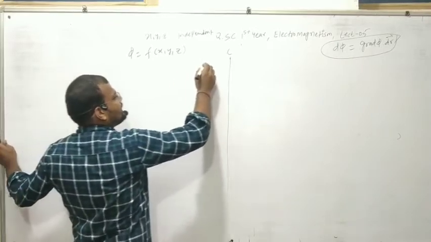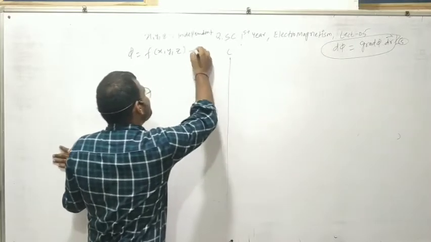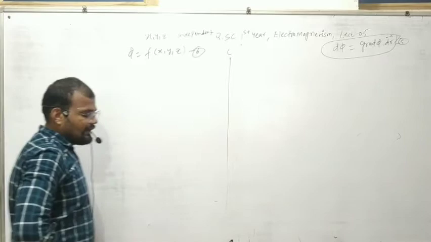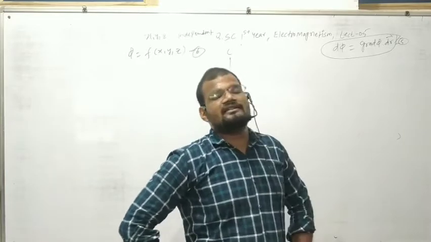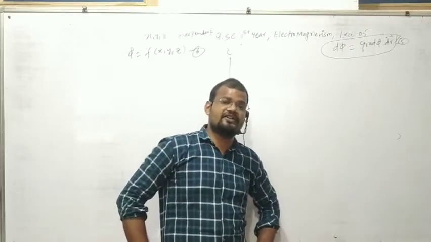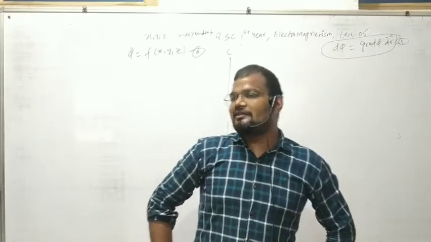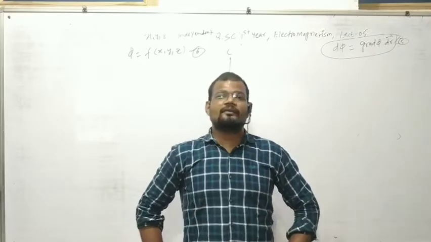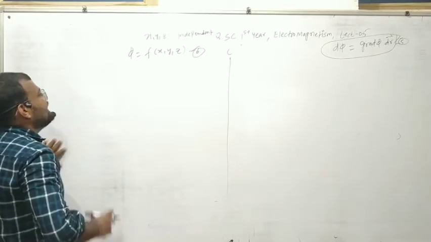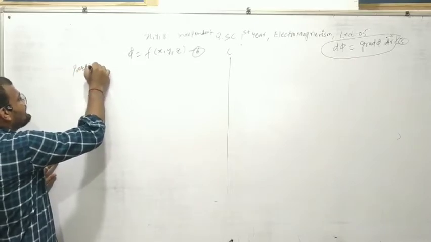Now this was your equation number 5, and this is your equation number 6. Now partial differentiation. I think you have studied the partial differentiation of a function in class 11th and class 12th. So this will be easy for you. What I want to do is the partial differentiation of equation 6.